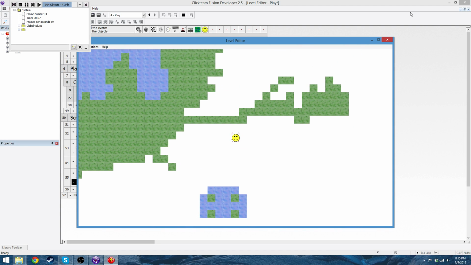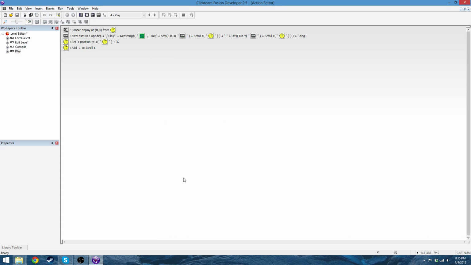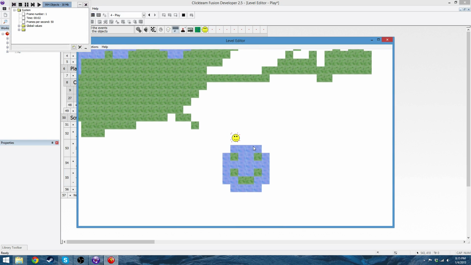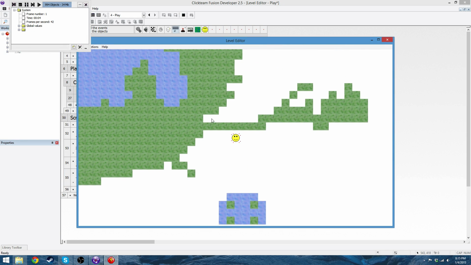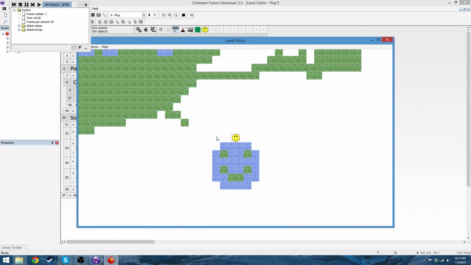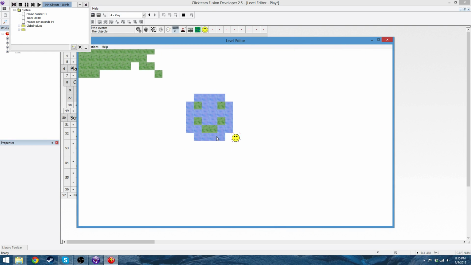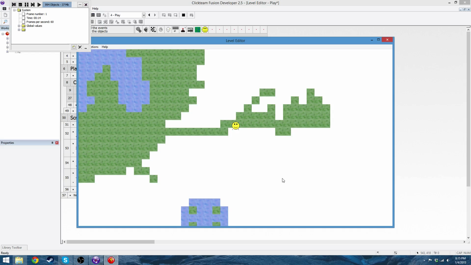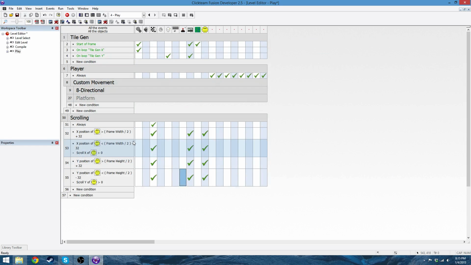I'm jumping around a little bit because this is out of order. You want to have center display at the bottom. So the red things are jumping around, but you won't be able to see it while you're playing the game. And it's also deleting them too early, so